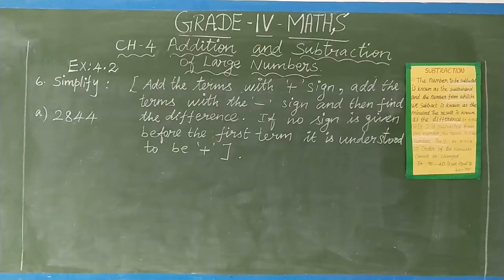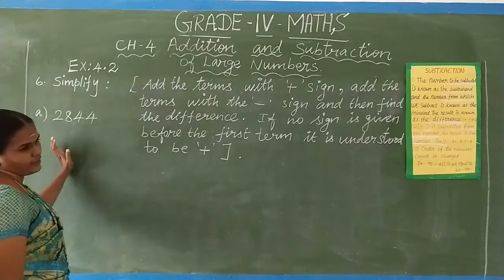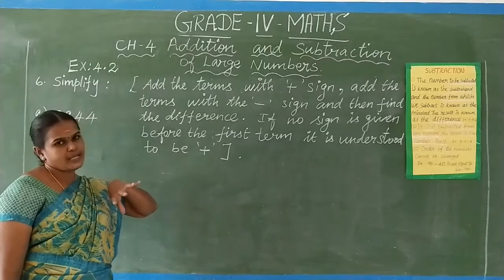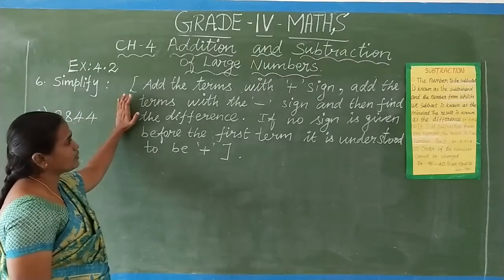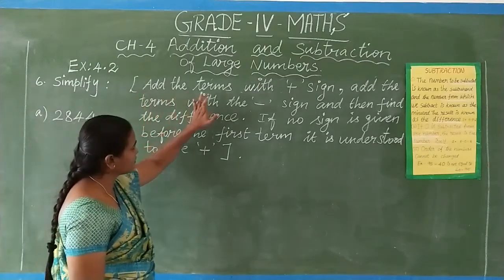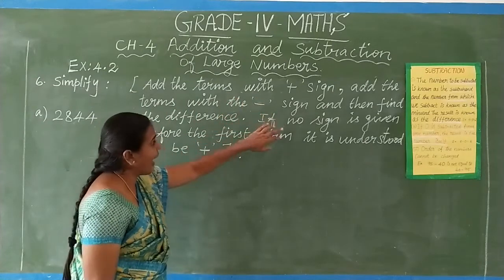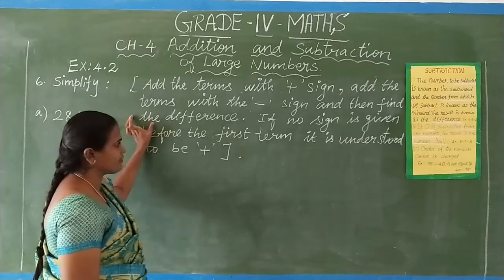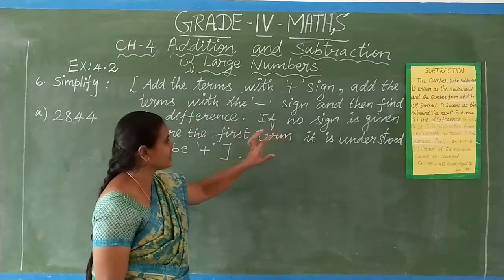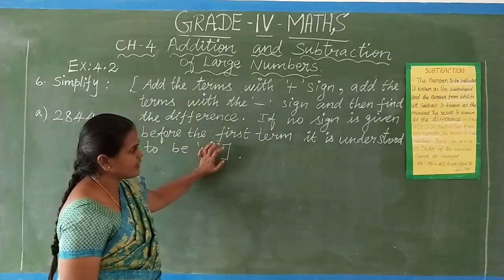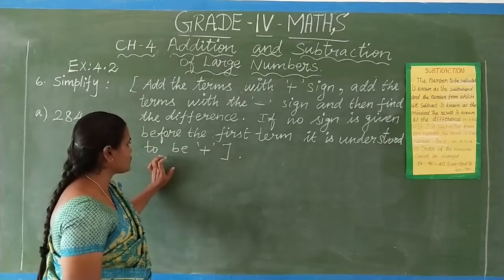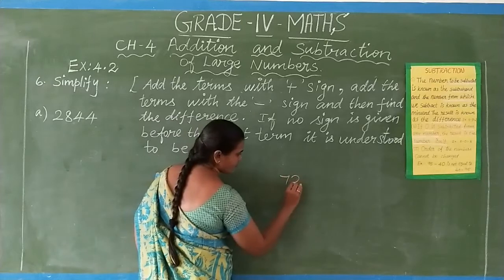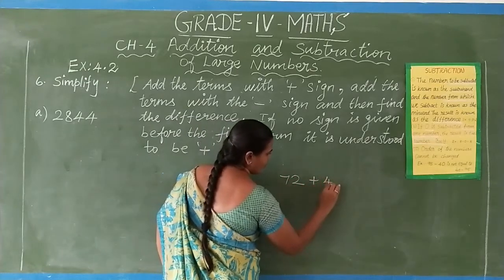Next one, the sixth one, simplify. Okay, simplification means we have a combination of addition and subtraction. Here is one rule given: add the terms with the plus sign, add the terms with the minus sign, and then find the difference. If no sign is given before the first term, it is understood to be positive. That means plus. For example, this is 72, 45,